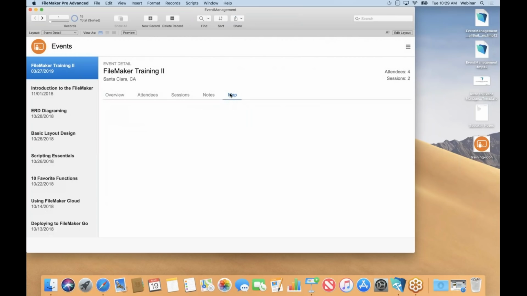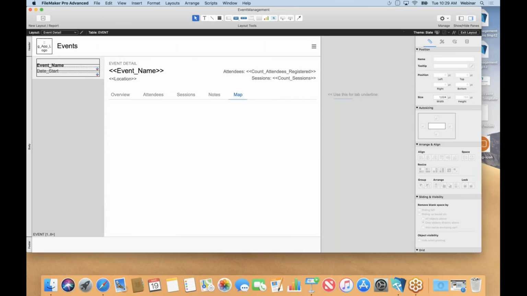So you might think creating a map is going to be hard too, but it's real easy using something called a web viewer. Web viewers have been around for a long time, and they do basically what they sound like they do, and that is they allow you to view data from a website. So I'm back here in layout mode. I'm going to make sure I'm on the tab screen, or the map tab, and I'm going to bring in